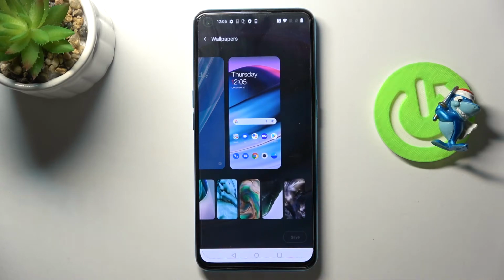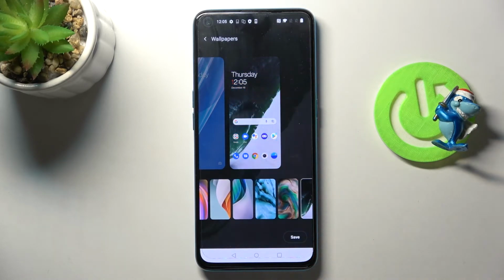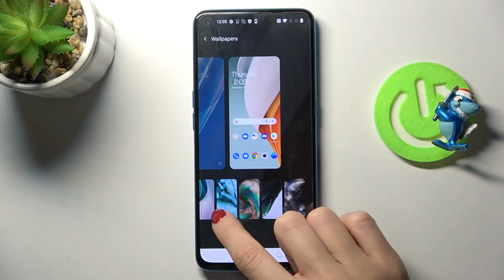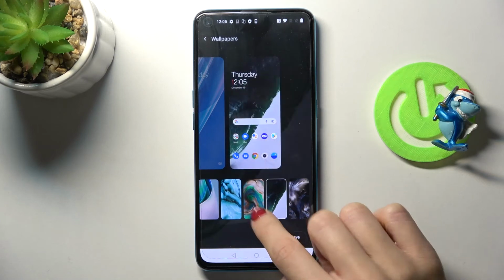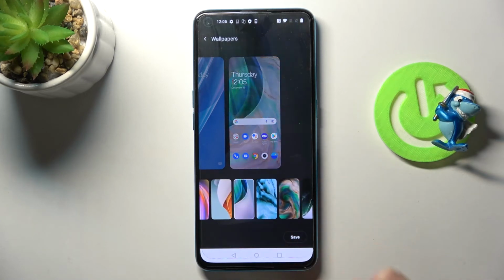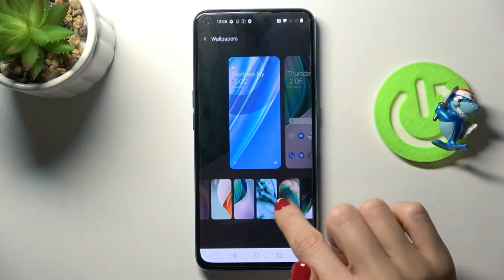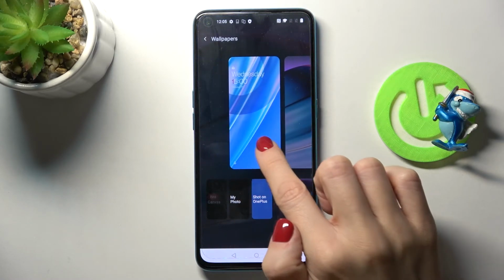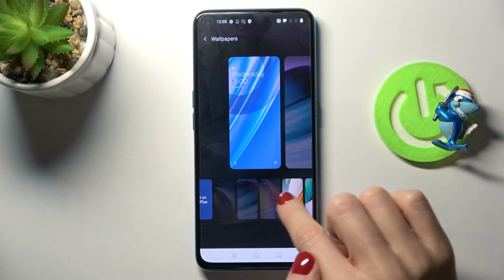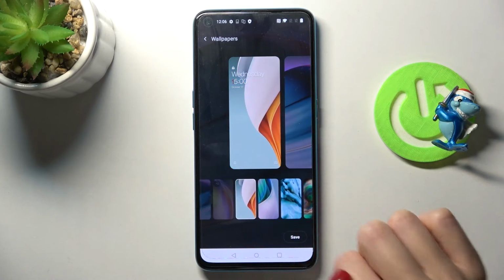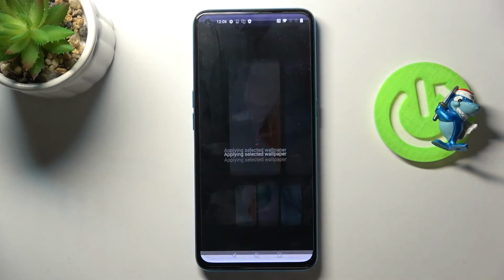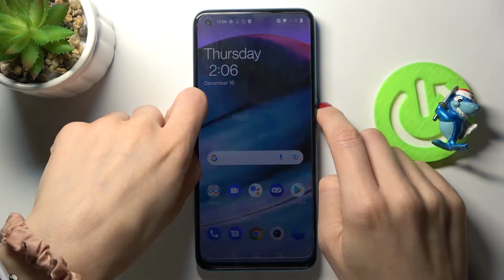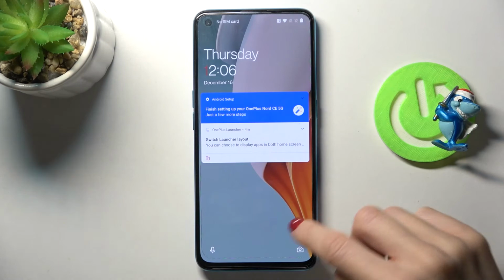You can also choose one from default pictures. Here you've got them. And also you can check how they look on your screen. So let me choose, for example, this one. You can also pick any other for your lock screen. And then tap on save. Wait a couple of seconds, and from now on you've got this brand new picture on both lock and home